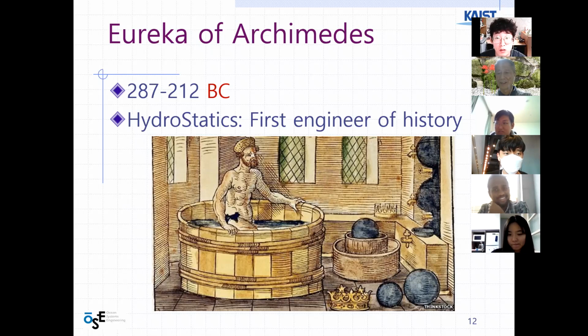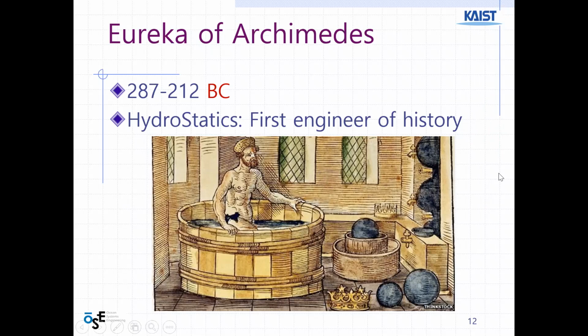Okay. I hope I remember it correctly, but I think he was assigned by the king to check if the gold crown is real gold or not, and he was thinking about how to solve that problem. And I think in the middle of that, he wanted to take a bath or something, and then went to the bathroom. And when he stepped into the bathtub, he saw the height of the water increased. So he thought